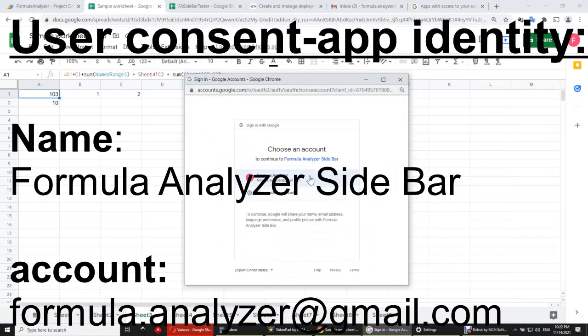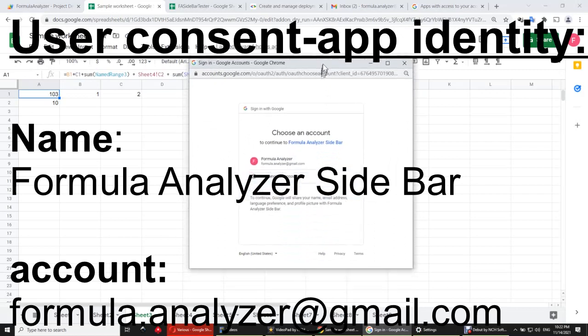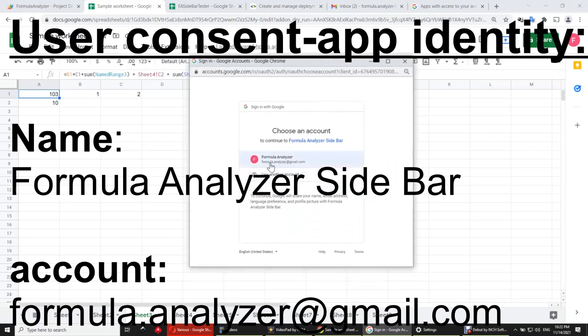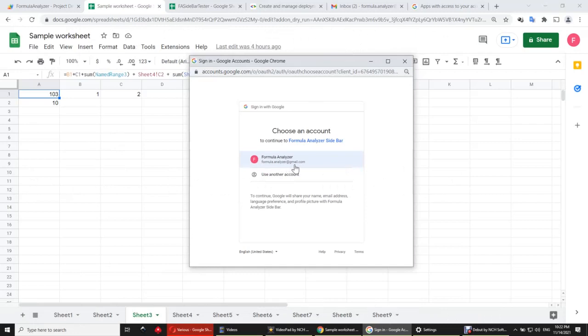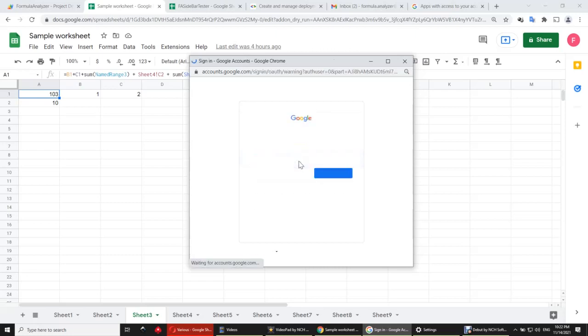This is the identity of the requesting app. Google account formula.analyzer@gmail.com. App name is Formula Analyzer Sidebar. So pick Formula Analyzer account, continue,